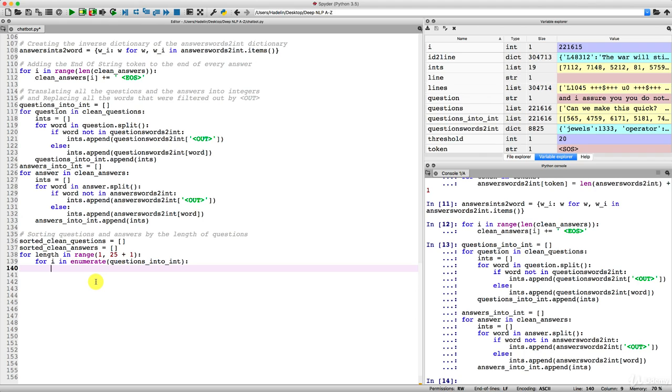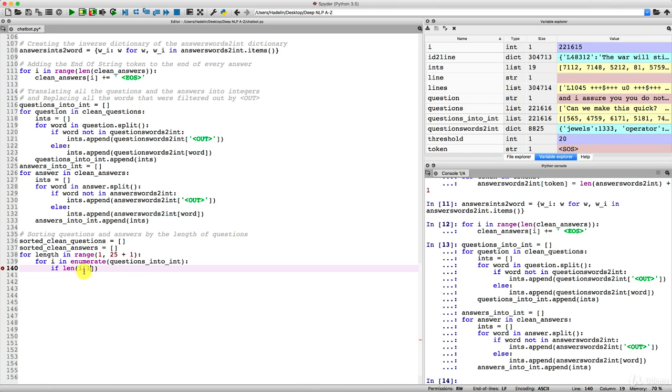Let's make this if condition. If the length of the question we're dealing with right now in this second for loop, and this we can get it by I bracket 1, because remember I is a couple and the first element of the couple is the index of the question and the second element of the couple is the question itself.